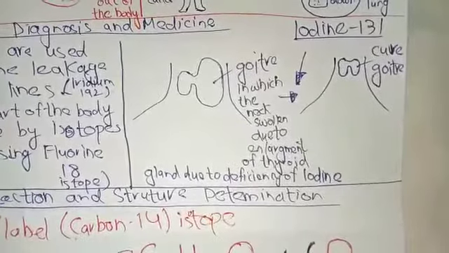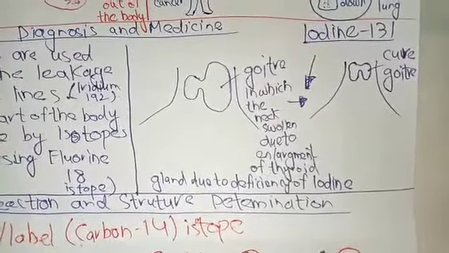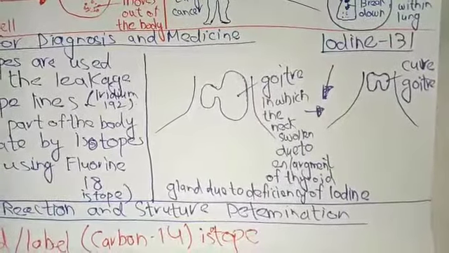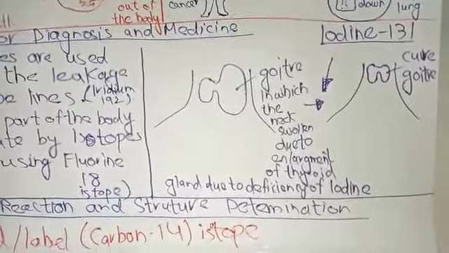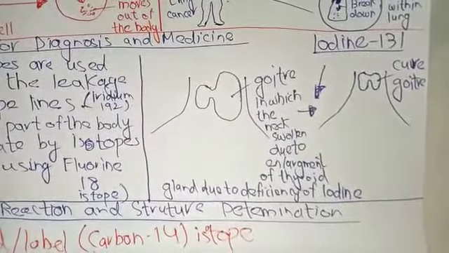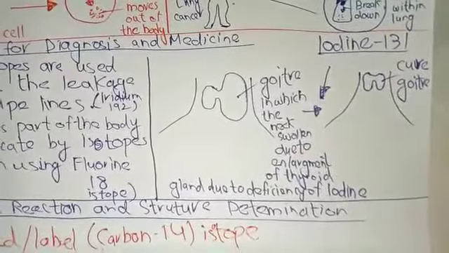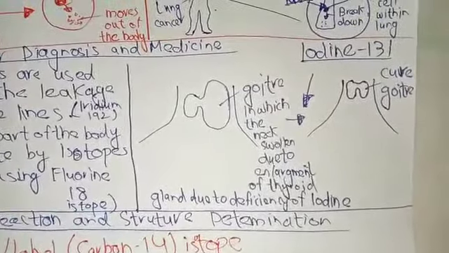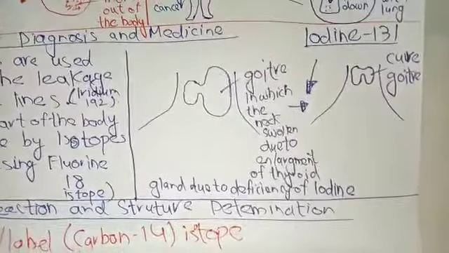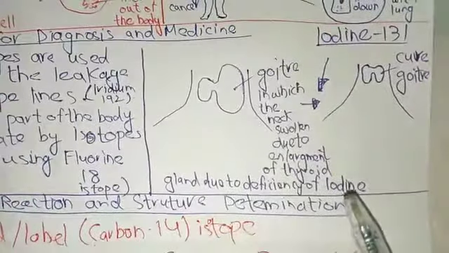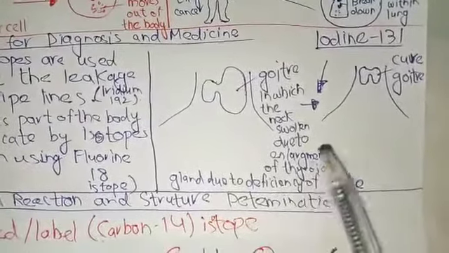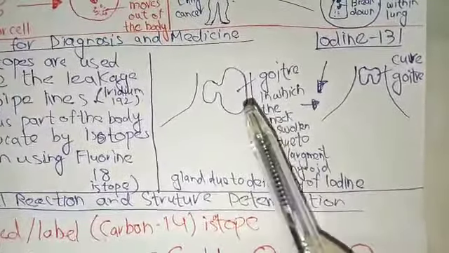Now class, here we will talk about the goiter. Goiter is the condition in which the enlargement of the thyroid gland takes place. Class, the thyroid gland is actually the most important gland present within the neck region of our body. That thyroid gland performs different types of functions within our body. Iodine is necessary for the proper working of the thyroid gland. When there is a deficiency of iodine, the thyroid gland cannot work properly, and in that condition the enlargement of the thyroid gland takes place.